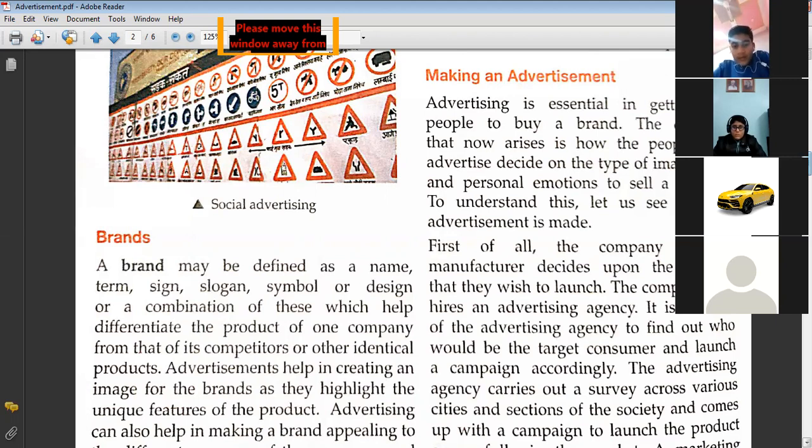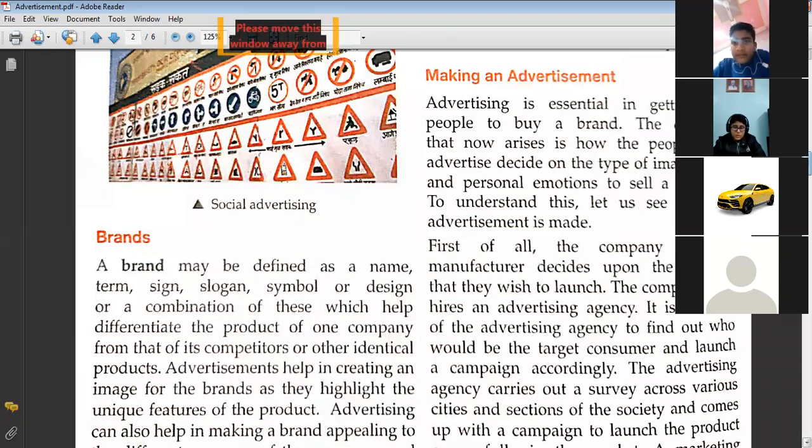Okay, so the question now arises: how do advertisers decide what type of images they'll use, what kind of text, what personal emotions to sell a product? They decide on a strategy, which strategy they have to use to sell their product, how to do it. Okay, so to understand this,